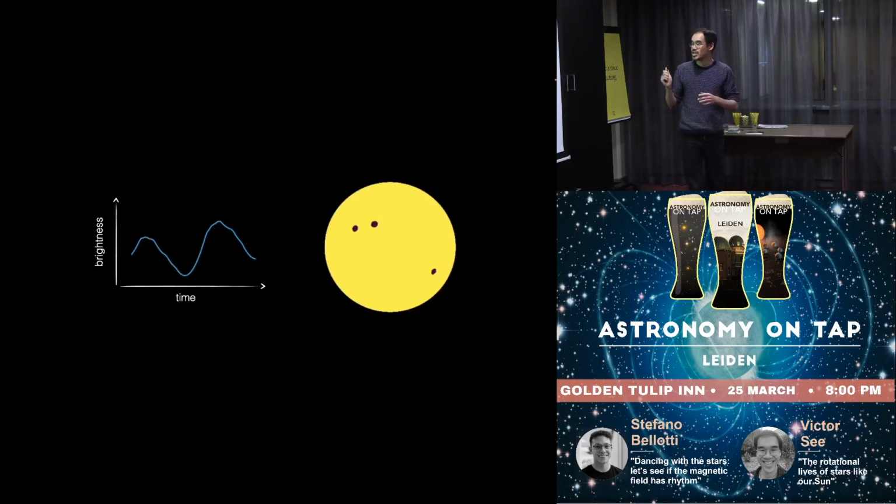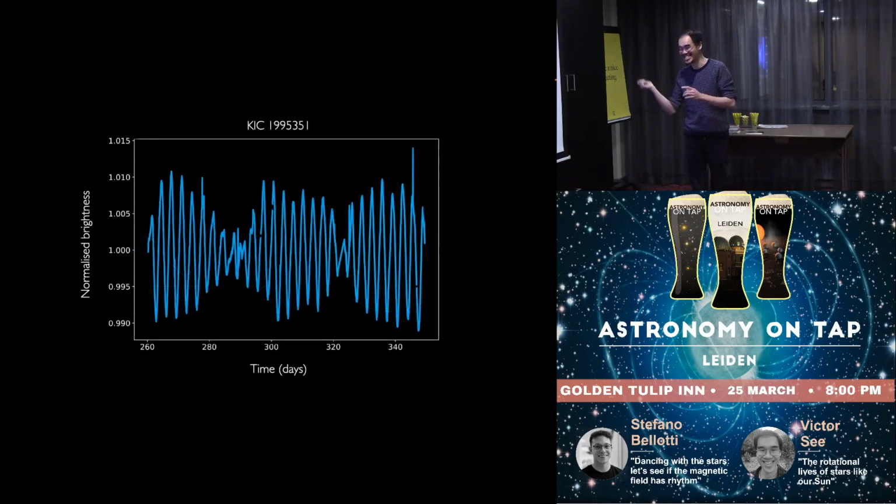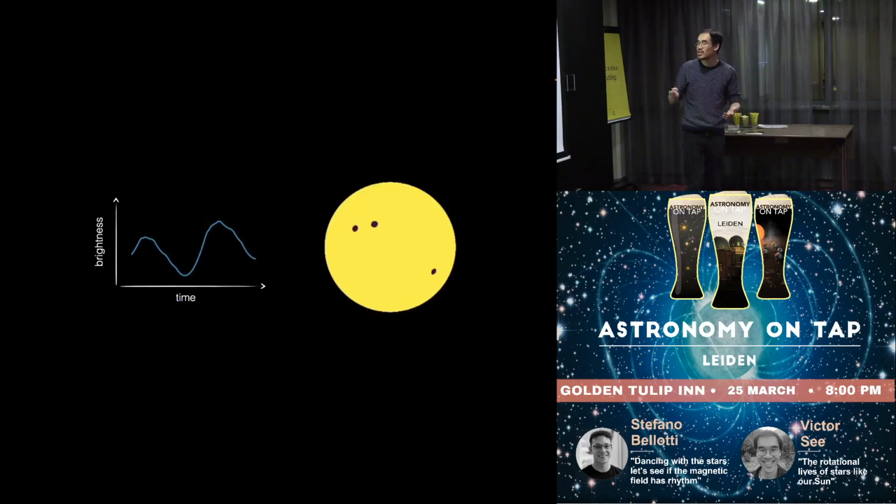Now, this is a real light curve. It looks a bit messier than on the previous slide because in reality, spots appear, they disappear, they change shape and size over time, so this looks messier than the ideal cartoon sketch I showed on the previous slide. I should mention this is observed by the Kepler Space Telescope of this star charmingly named KIC 1995351. Even though it's a bit messier, nevertheless you can still see this brightening and dimming pattern. And if you just take the